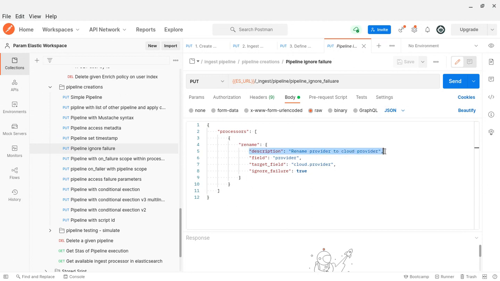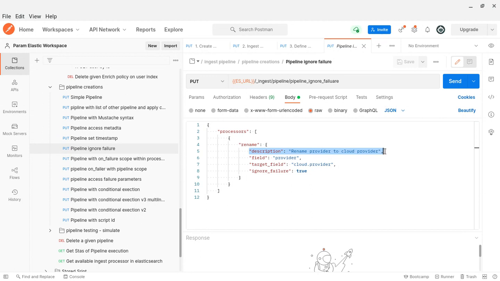So I would say please populate this description field, whether it is mandatory or not, for easy debugging. Explain the role of this processor, so it is very easy to debug for anyone who works on it after you. In Logstash you add a comment with hash symbols. So this is one recommendation I would make.